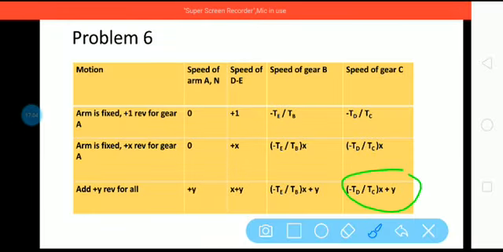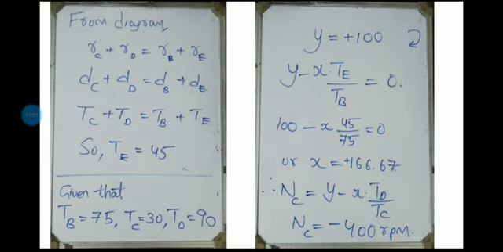This is the expression for NC. So (Y minus X) into TD by TC. Substitute all values. All values are known. So you will get NC as minus 400. Since you are getting a negative value, the answer should be written as NC equal to 400 rpm